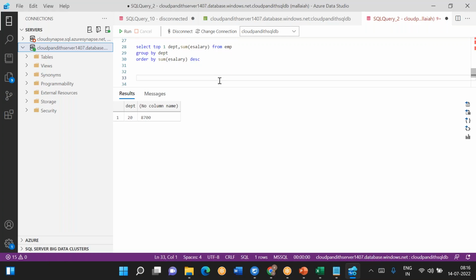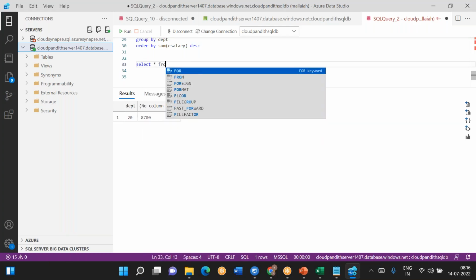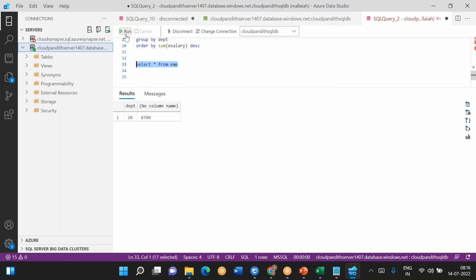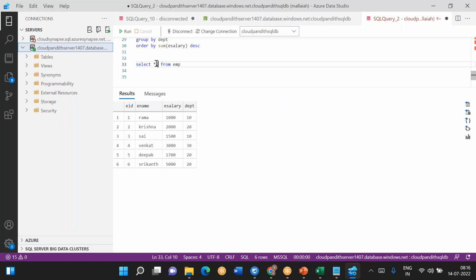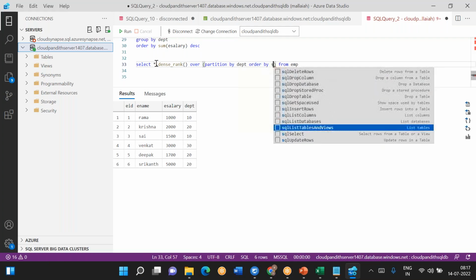Now let's say everybody is asking for the second highest salary. In a department, if you have a second highest salary, give it to me. If you don't have a second highest salary, don't give it to me. Now how to get the second highest salary? Same, select star from employees. Again here you need to use dense rank over partition by department, order by salary